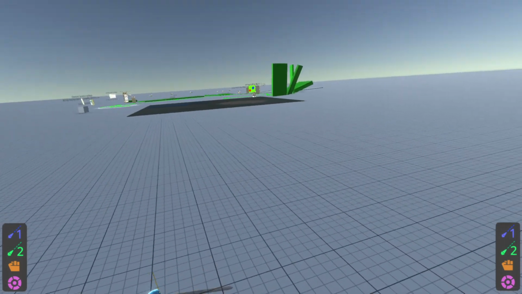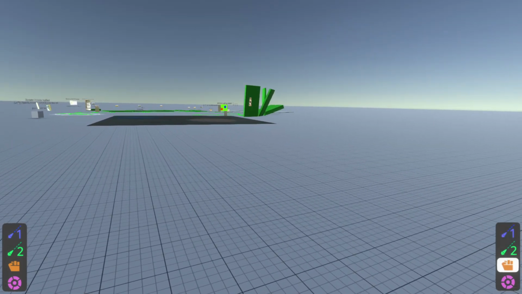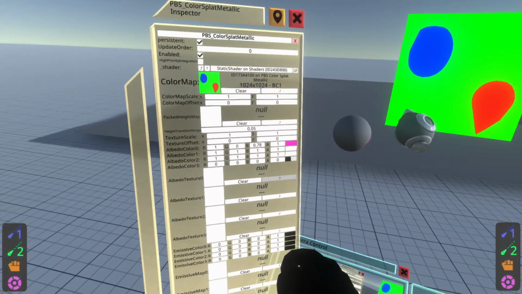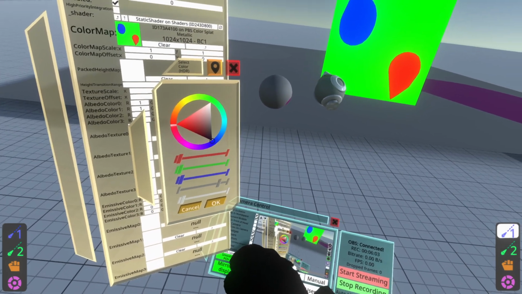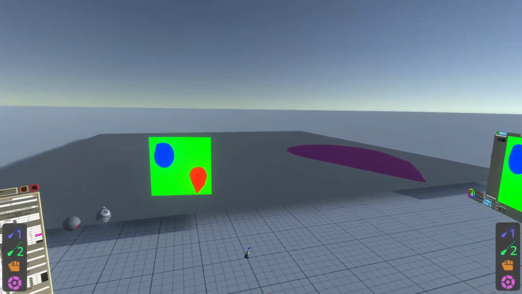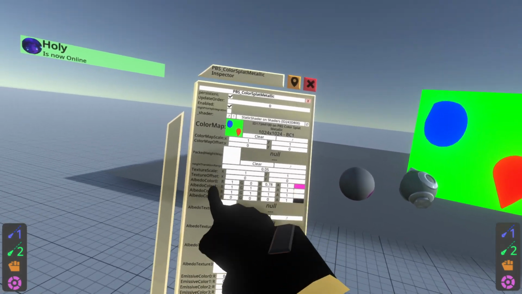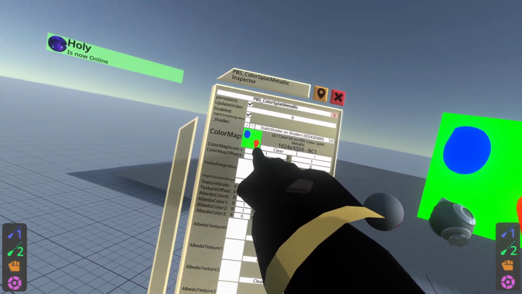Actually, what did I do over there? Oh, I did black and fully albedo. Okay. Maybe that'll do what I wanted. Yeah, that looks better. So again here, we've got albedo color 1 or 0 here, which made that red area